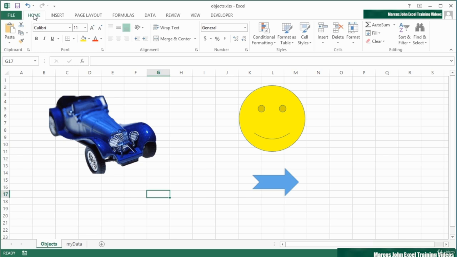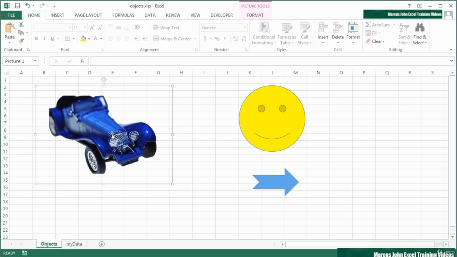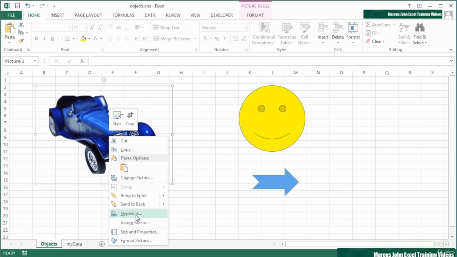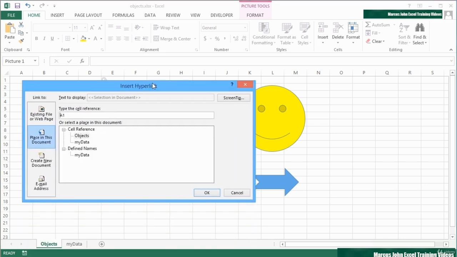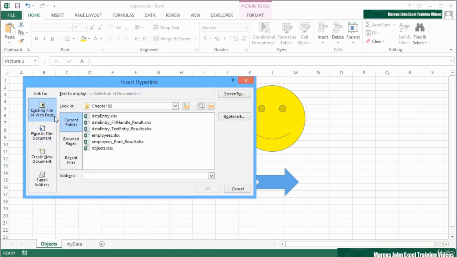Here we have in our objects file a little Bugatti car, smiley face, and an arrow. Now, if we want to make the Bugatti car hyperlink to the Bugatti website, then we simply right-click, hyperlink, and we can choose existing file or web page, place in this document, create a new document, or an email address. I'd like this to go to a website, so it's